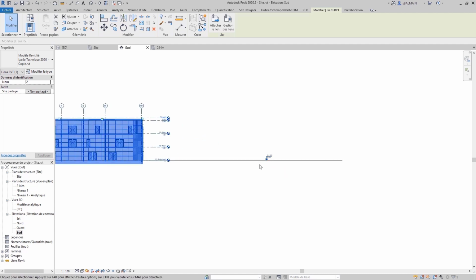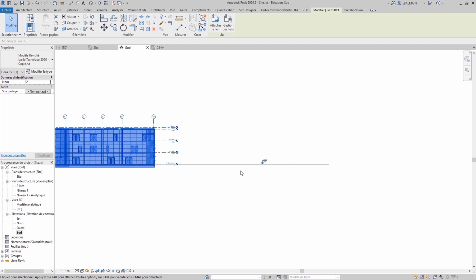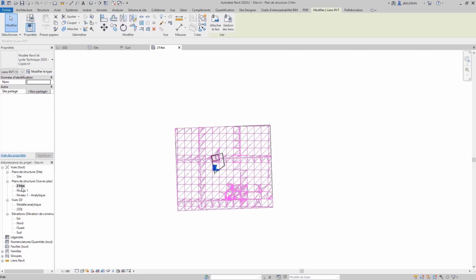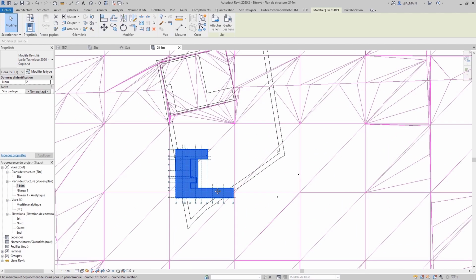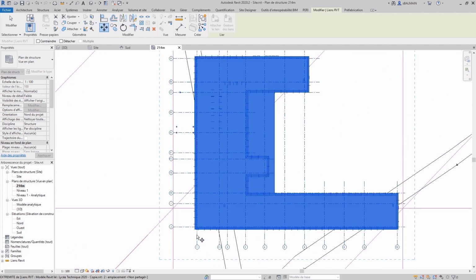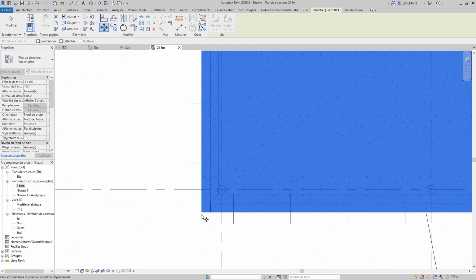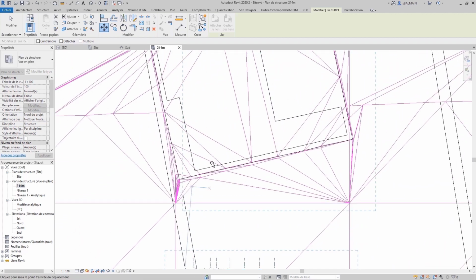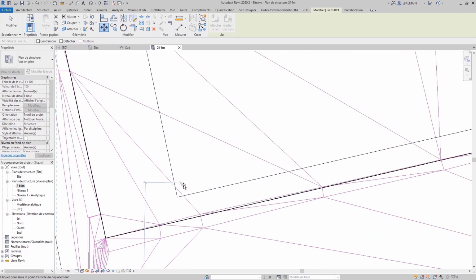And in 2D view, I will rotate and move it where I want in my parcel. So here I select and I will move it to the correct positioning.